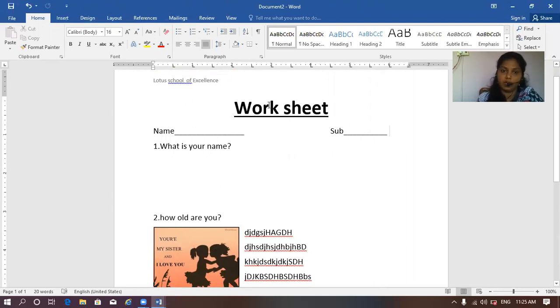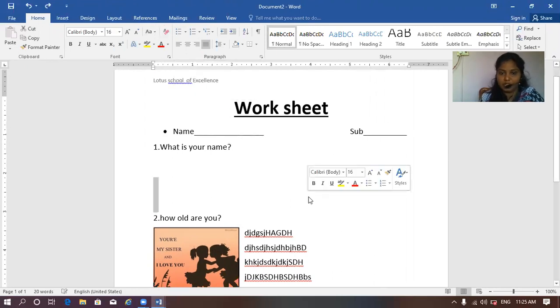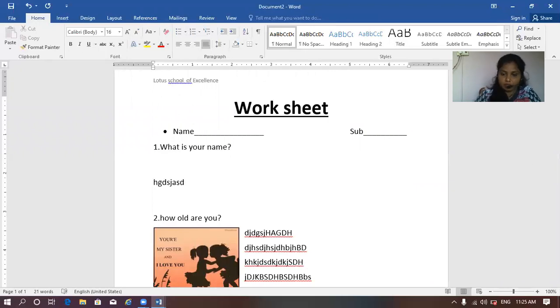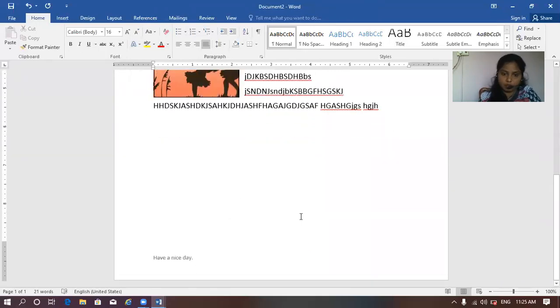If you need more, I can give it in the next video. And one more thing I forgot to tell you is that you can use bullets and numbering. As usual, you know all these things, but I am telling you repeatedly. If you want to select bullets, you can select them.